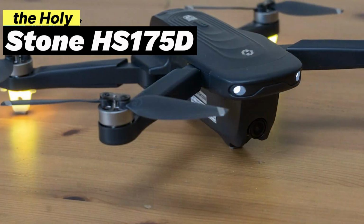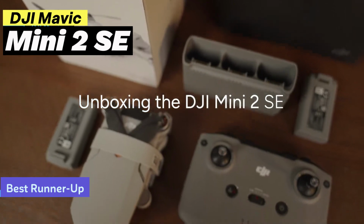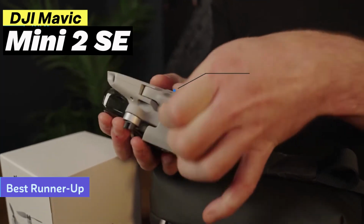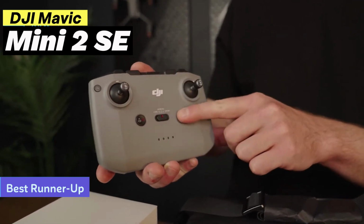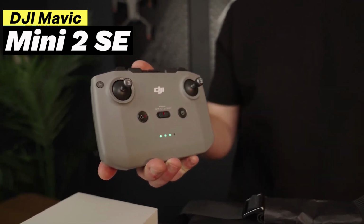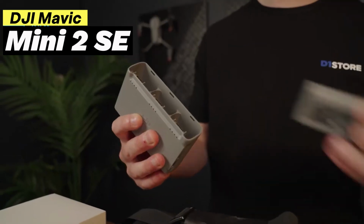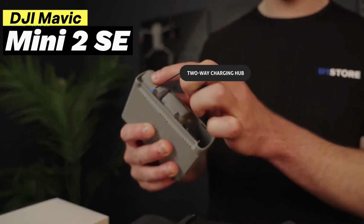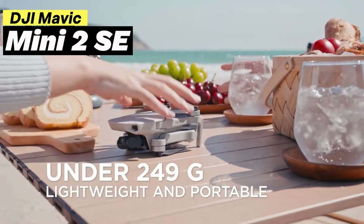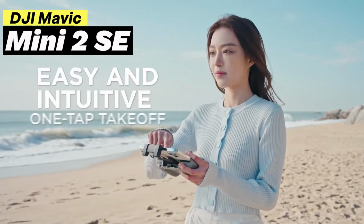Next up, let's take a look at the DJI Mavic Mini 2 SE. The DJI Mavic Mini 2 SE catches attention with its ultra-lightweight and portable design. This drone weighs only 249 grams, making it small and light enough to fit in the palm of your hand. Moreover, it offers high image quality and long flight times, making it an ideal choice for those looking to capture